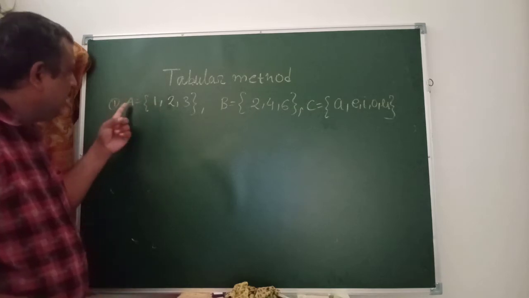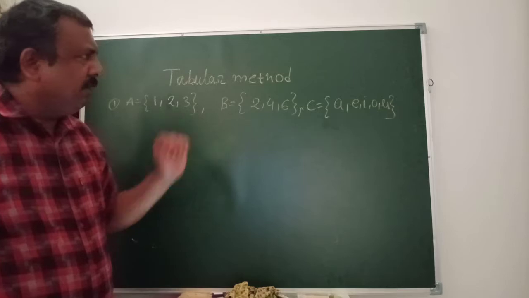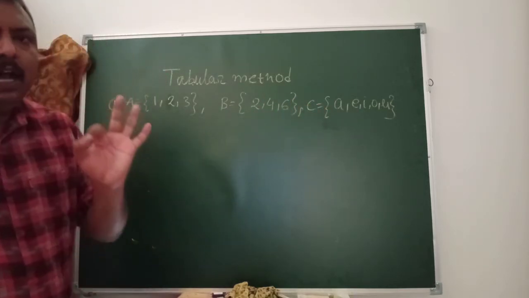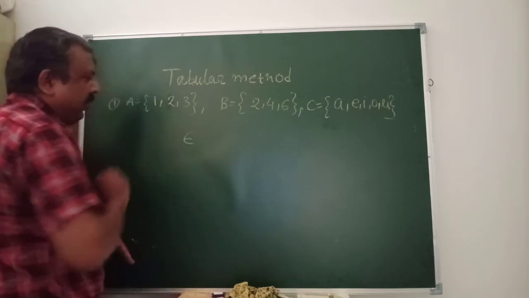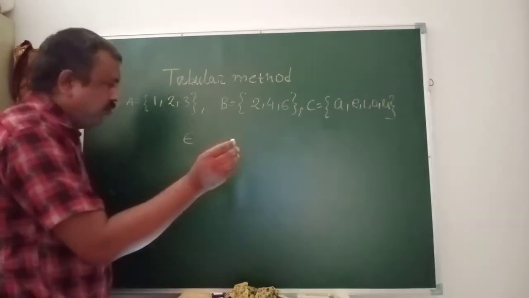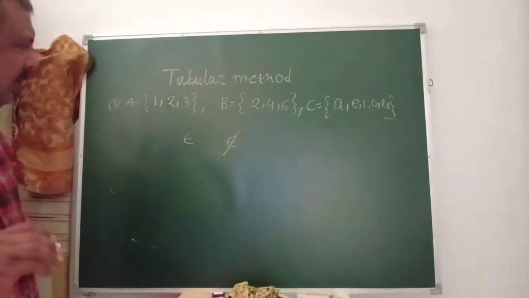So 1 is the element of the set A, 2 is the element of the set A, 4 is the element of the set B, E is the element of the set C, है ना. So mathematically how will you represent it? So there is a symbol, है ना, epsilon आपने सुना होगा, है ना. It is known as belongs to, or does not belong to. How to represent it mathematically?